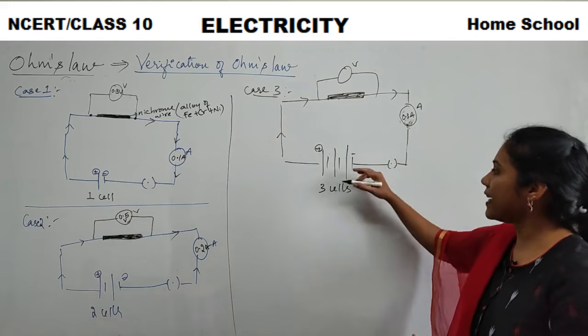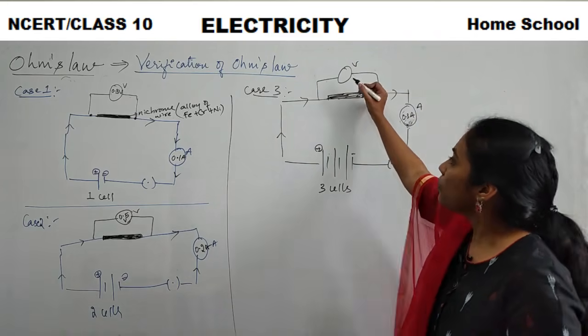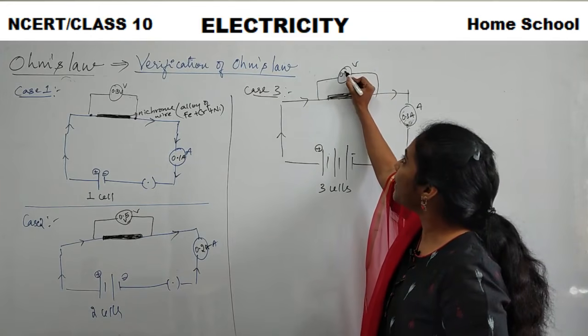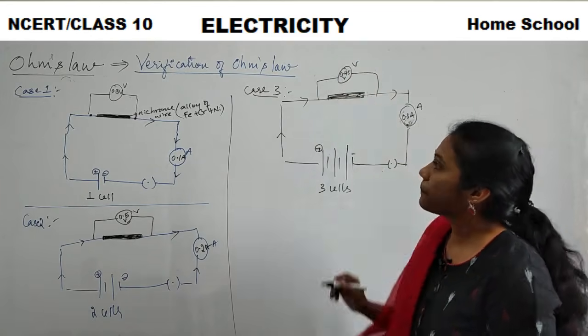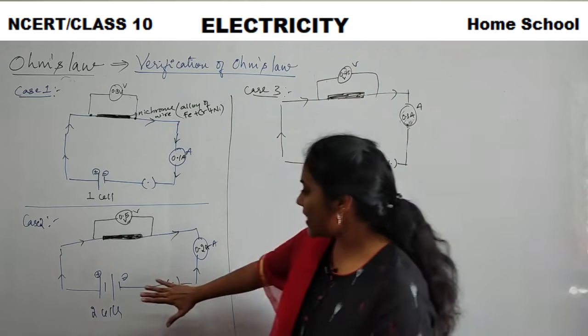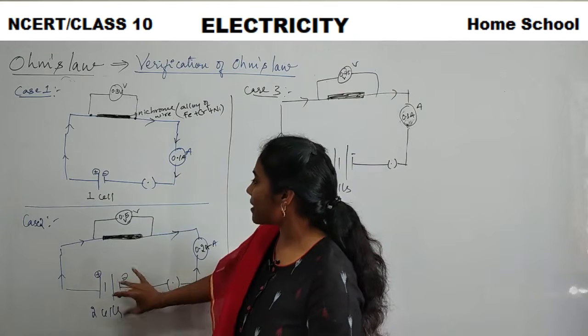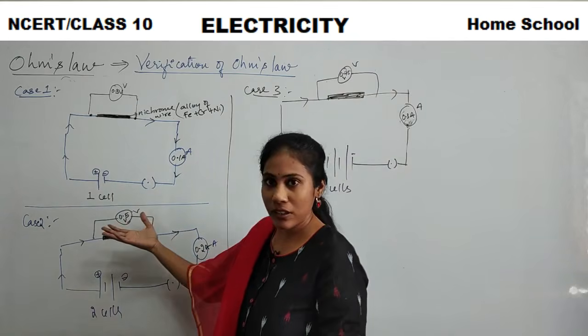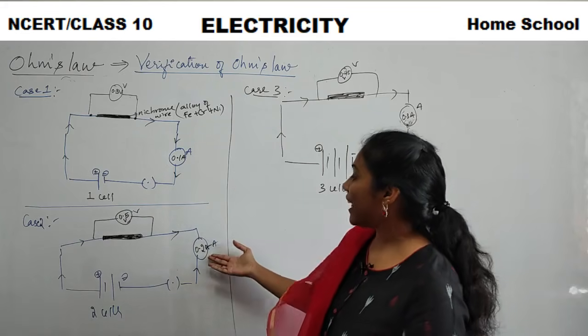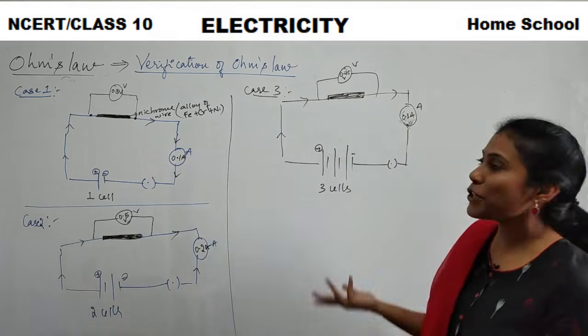More current, more cells, more voltage, so more current. So voltage definitely is high. Here I have got 0.75 volts. Say this is the proof. So as I increased the number of cells, our voltage is more. As the voltage is more, the amount of current flown in a circuit is also more, right?